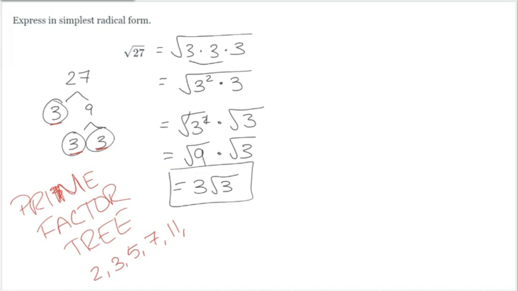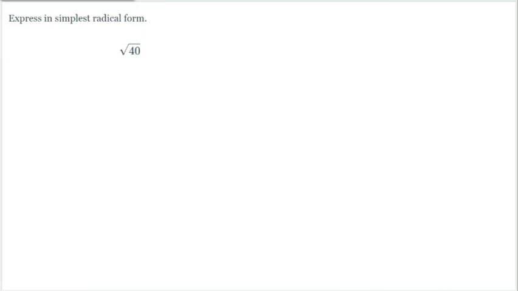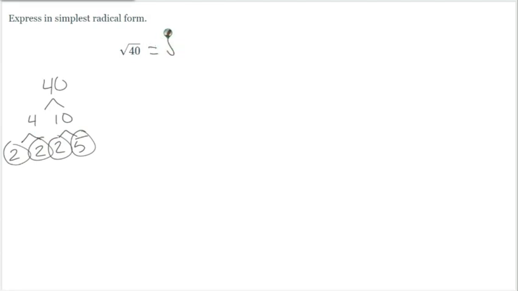Let's try another one. So a slightly bigger number. We're going to start with creating our prime factor tree. You can do 8 and 5. You can do 4 and 10. It doesn't matter what factors you break it down into, as long as you get your prime factors at the end. So let's do 4 and 10. Neither 4 or 10 is prime because you can break them down even more. 4 is 2 and 2, and 10 is 2 and 5. Every time we get a prime number, we want to circle it, right? So what we're saying is that 40 is the same thing as saying 2 times 2 times 2 times 5,